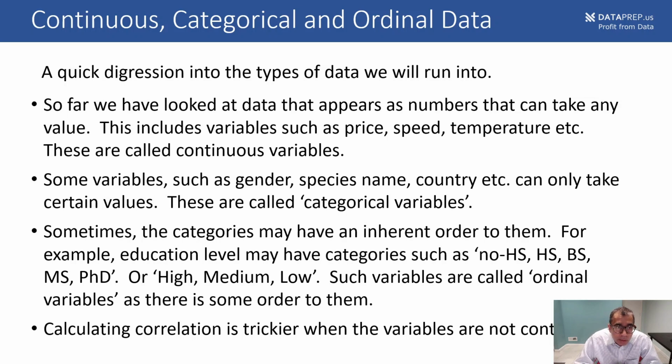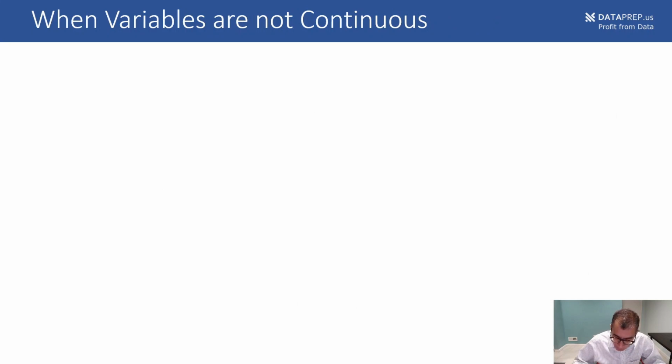And more importantly, forget correlation, how do you establish if there is any association between those variables? Does one affect the other? That really is the question we are asking. So if you're looking at pay and gender, does gender affect pay? Are these connected in any way? Or age and pay, are they connected in any way? That is something we can examine using other statistical techniques, and let's go through those at a very